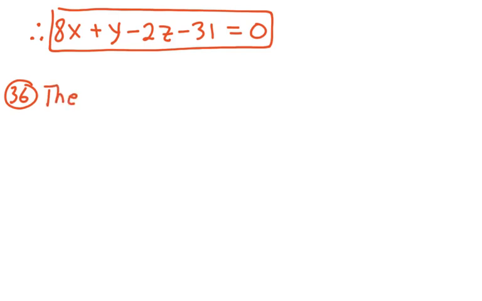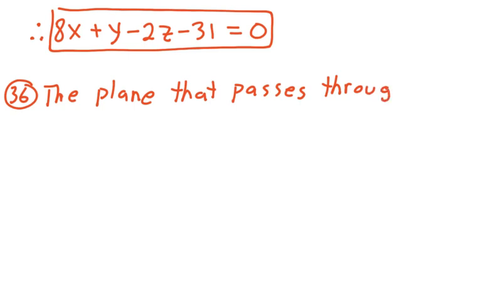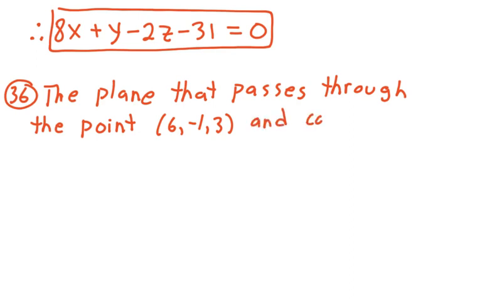Suppose we want the equation of the plane that passes through the point (6, negative 1, 3) and contains the line with symmetric equations